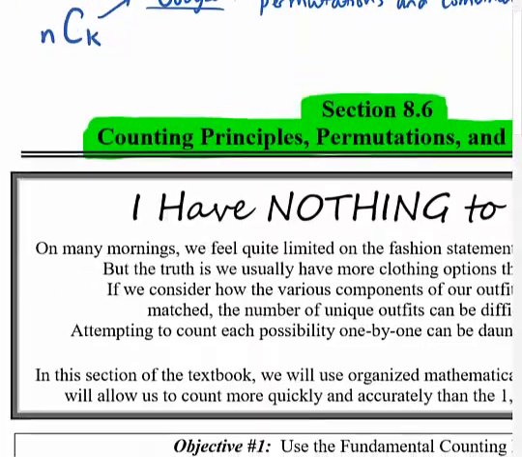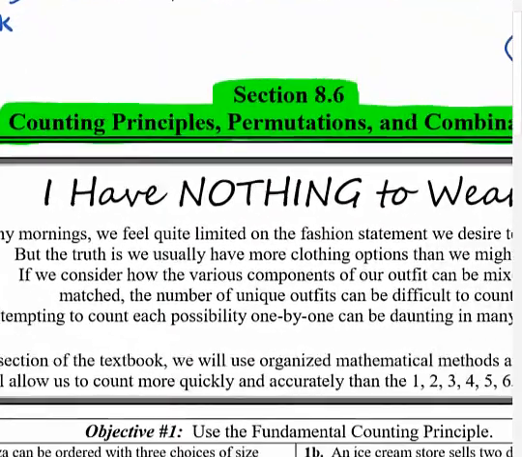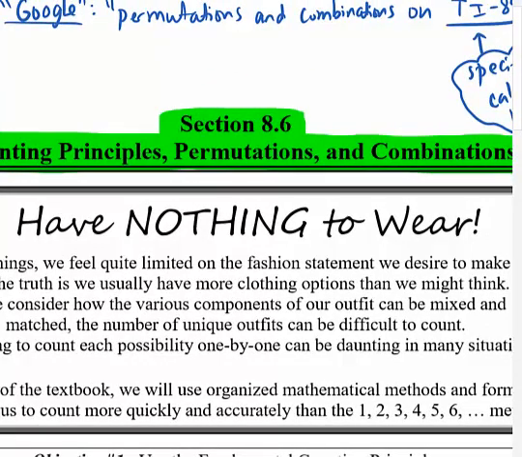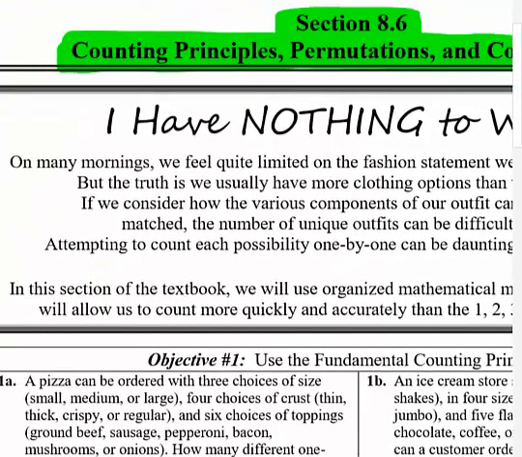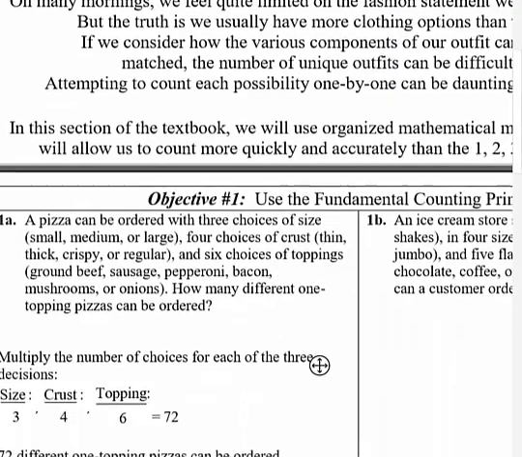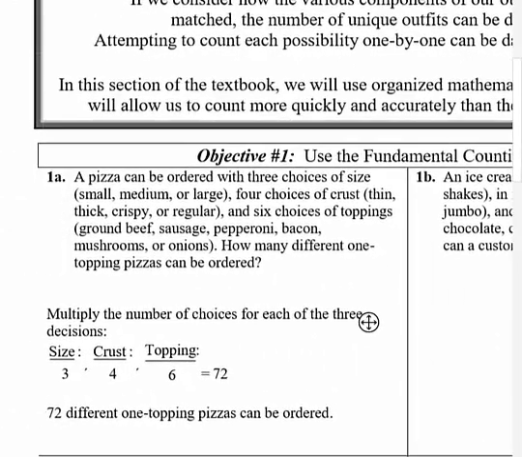But this section is counting principles, permutations, and combinations. We said that n choose k was how many ways can I choose k items out of n. We're going to focus more on that idea where I want to count things. How many ways are there to do this or do that? So it's kind of interesting. The first one we're going to use is the fundamental principle of counting,